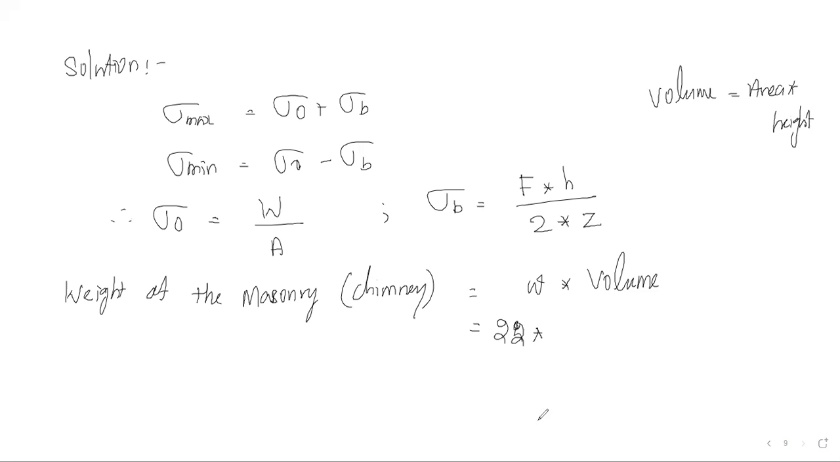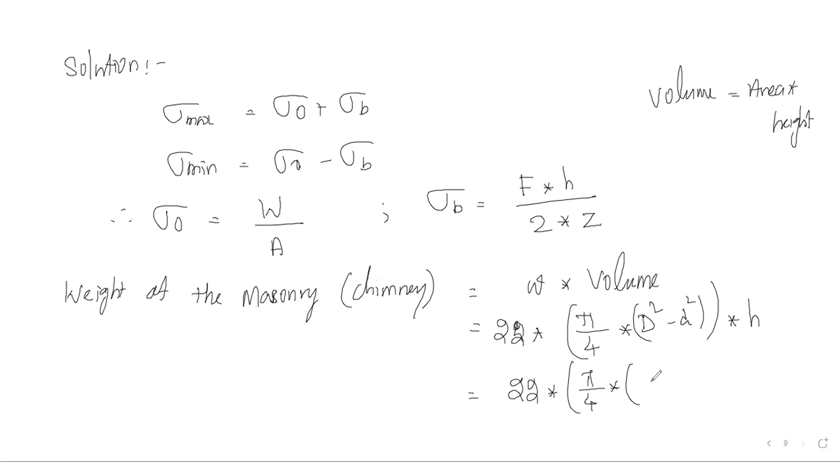So area is pi by 4 into D squared minus small d squared, multiplied with the height h. So density into pi by 4 into capital D squared minus d squared, here it is 4 squared minus 2 squared, multiplied with 20 meter, which is the height. So now the weight of the chimney W is equal to 22 into,